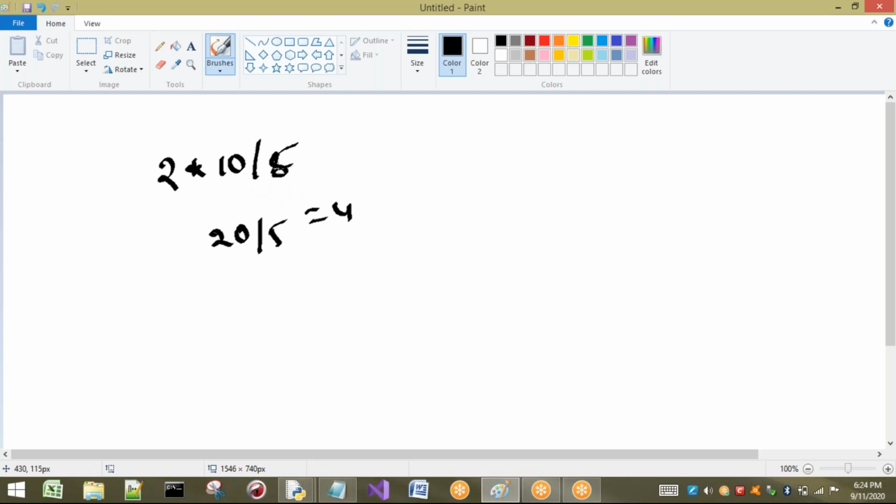Okay, now see here, for example, I am going to do 20 into 10 first, and later divide by 5. Otherwise, first I am going to perform 10 by 5. 10 by 5 is 2. So here also, anyway, we are getting the same value.